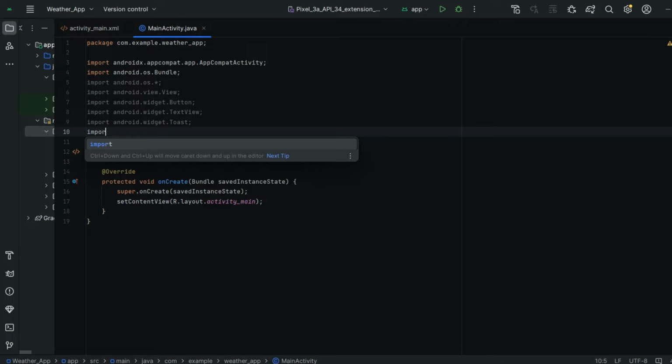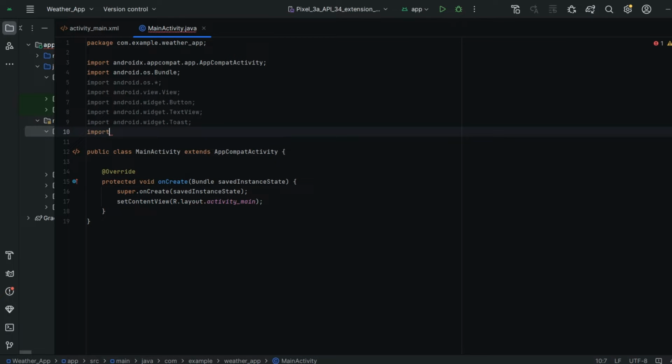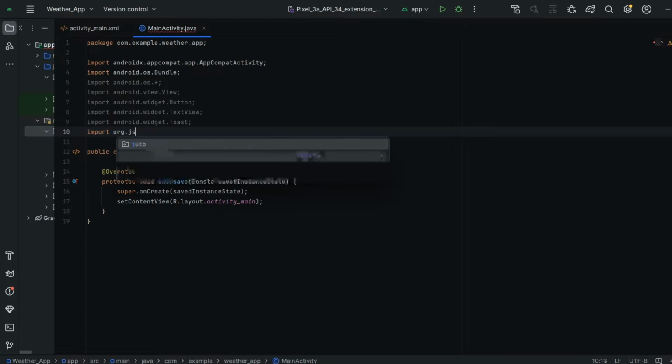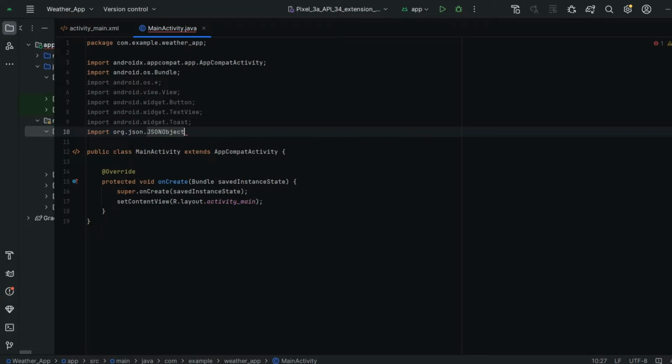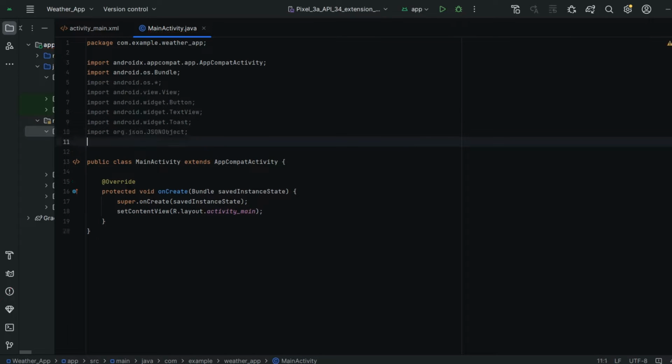Next we also need the JSON, guys, because when we get the data from the API, it is in JSON format. We have to convert it to our normal text format, guys. For that purpose we need the JSON package also. org.json.JSONObject. This is the package that we needed.